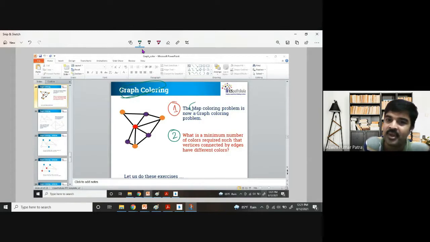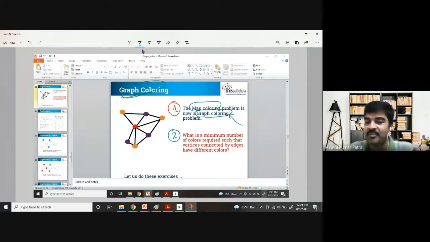One is that the map coloring problem could be considered as a graph coloring problem. And for that matter, any real world problem can be visualized as a graph coloring problem. I'll show you one more graph coloring problem, a very interesting problem, after this. So any problem could be applicable if it is possible. You have to think of that as a graph coloring problem. Then what is the minimum number of colors required is another exercise. So with these 2 exercises, you can teach our students another application of a discrete model called graphs.